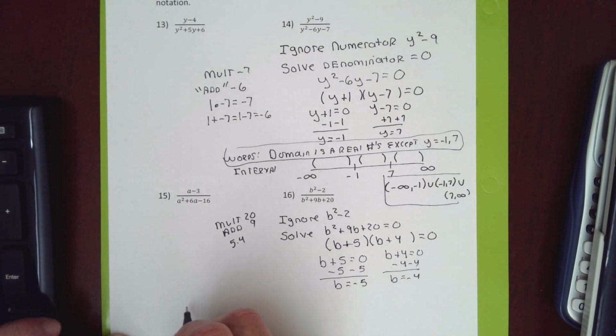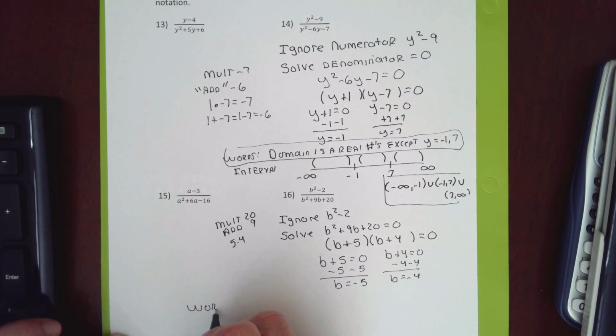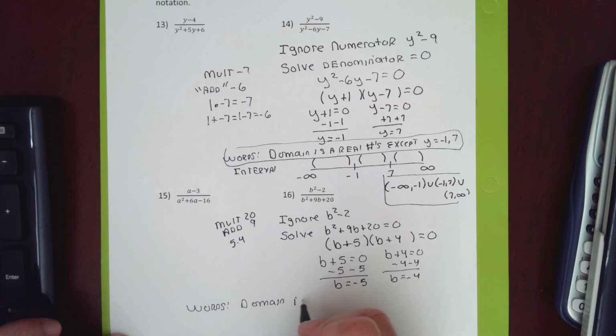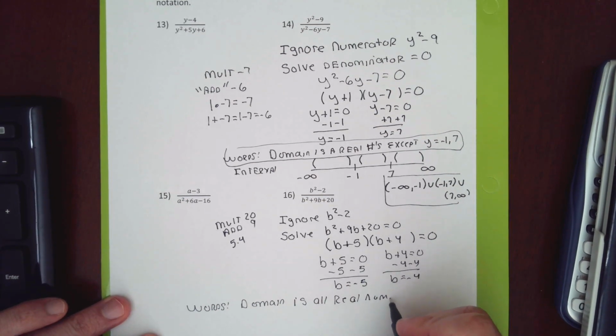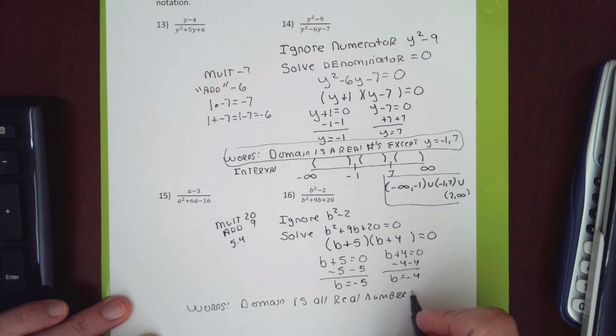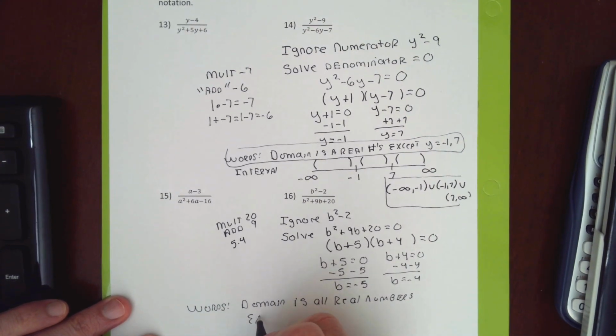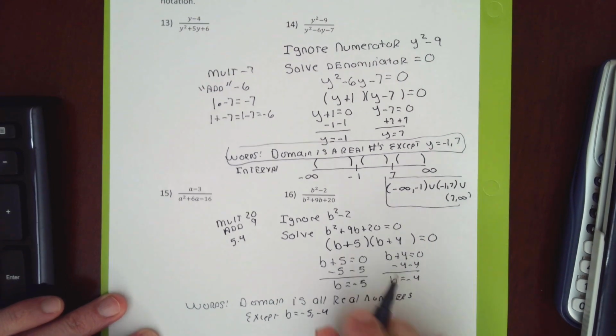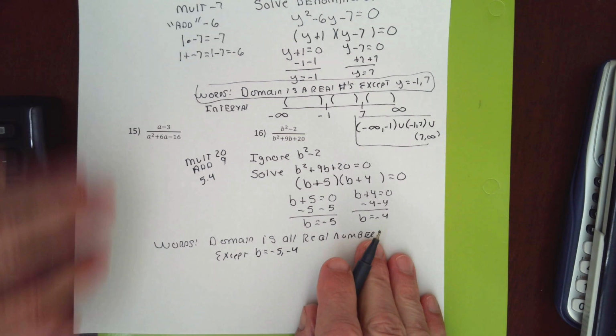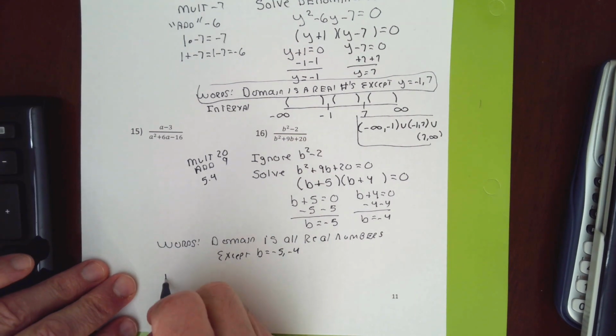So in words, I'm going to use the same words. I'm going to say the domain is all real numbers except b equal to negative 5 and b equal to negative 4. For intervals,